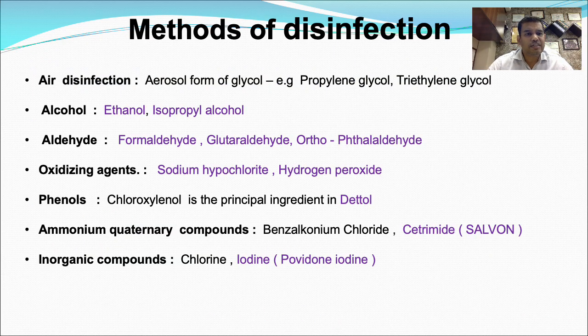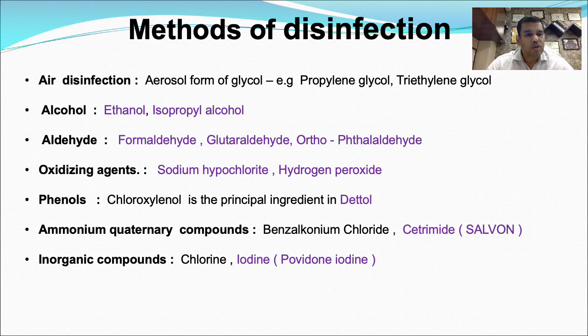Methods of disinfection. There are various methods of disinfection of the surgical instrument. One is air disinfection in the form of aerosol of glycol. Commercially available are propylene glycol and triethylene glycol. Next is alcohol based disinfection, that is ethanol or isopropyl alcohol, which we normally use in our day to day practice. Aldehyde forms: formaldehyde, glutaraldehyde, and orthophthalaldehyde are also available, and oxidizing agents like sodium hypochlorite, hydrogen peroxide,